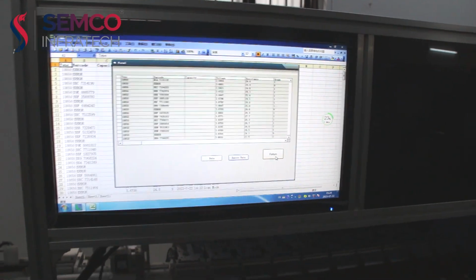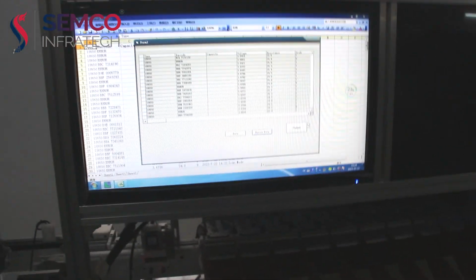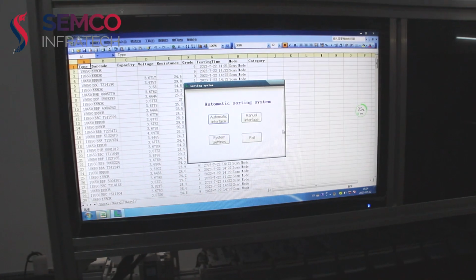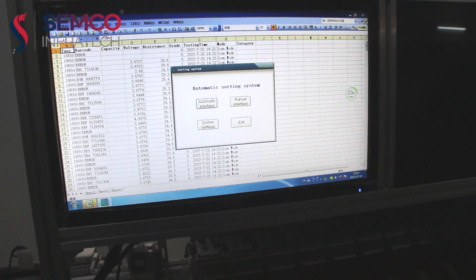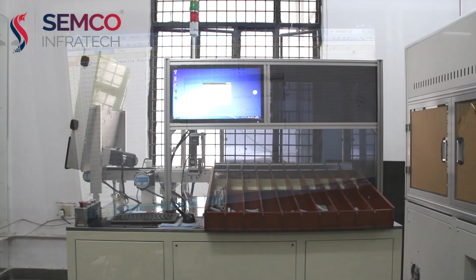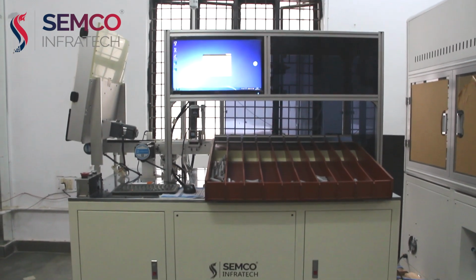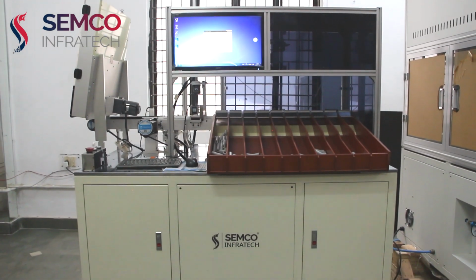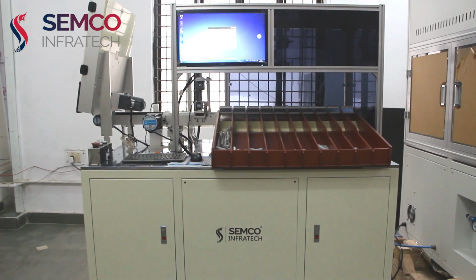We can also save this data. So this is all about the cell sorting machine with barcode scanner.